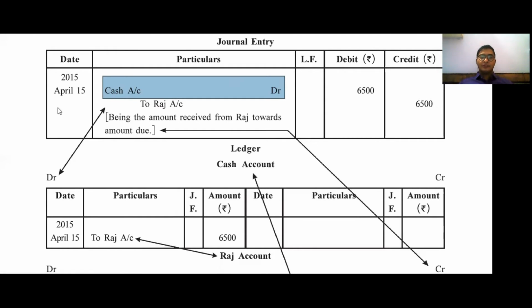Once again, date, amount, name of opposite party. Why do we record it on the debit side? Because cash account is debited, so we have to record on debit side. Now